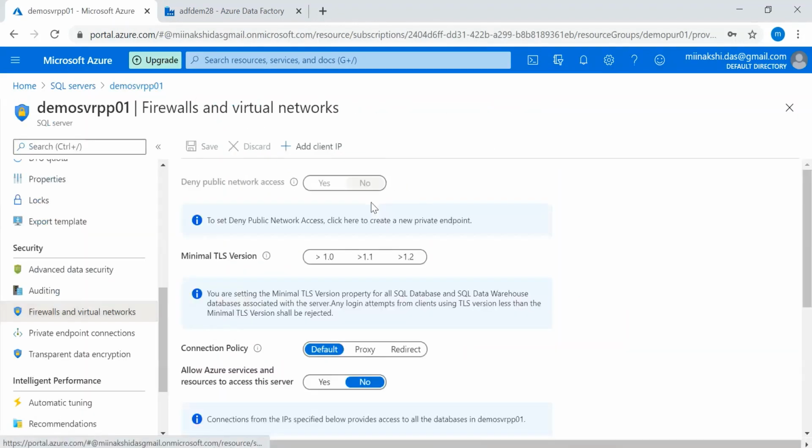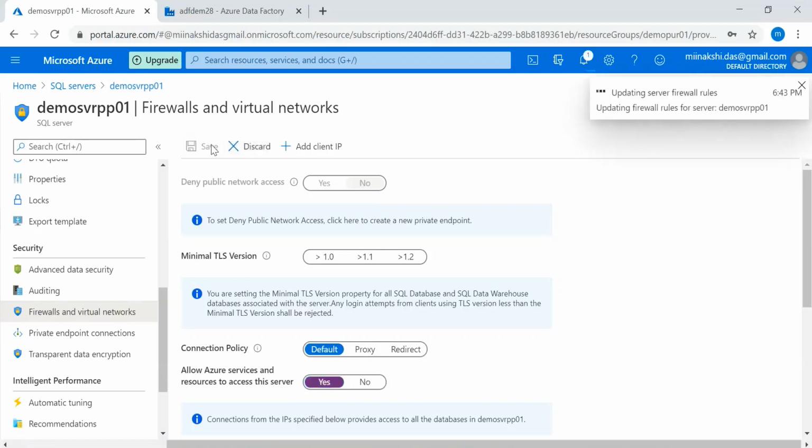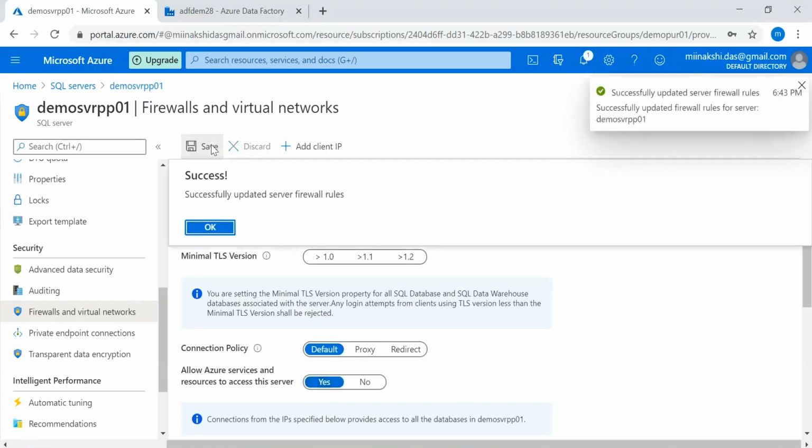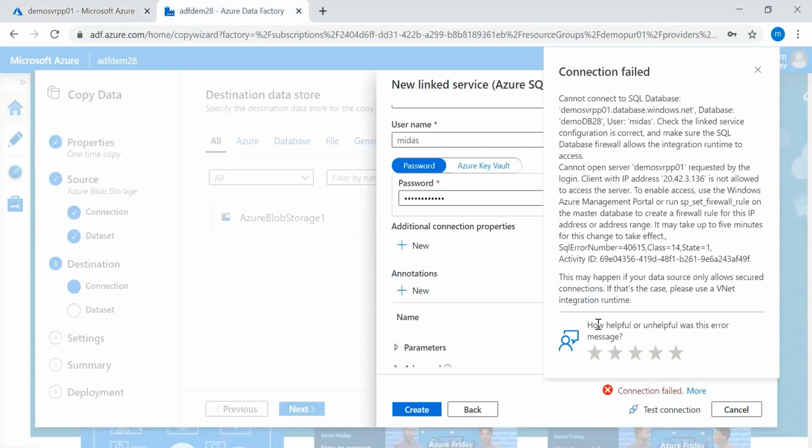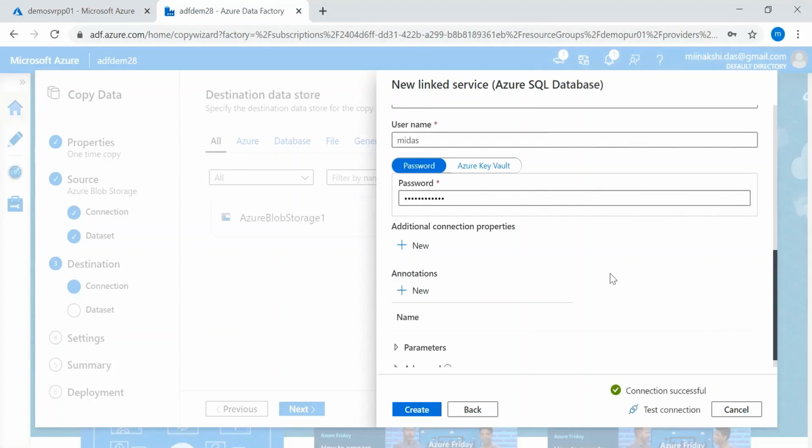Click on this. We can see an option: allow Azure services and resources to access this server. Yes. Save it. Next, check the connection. It is successful. Create.